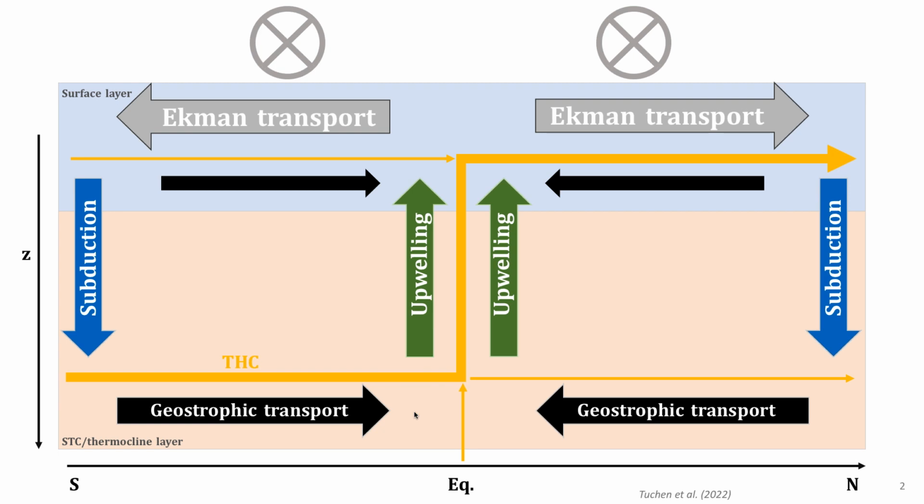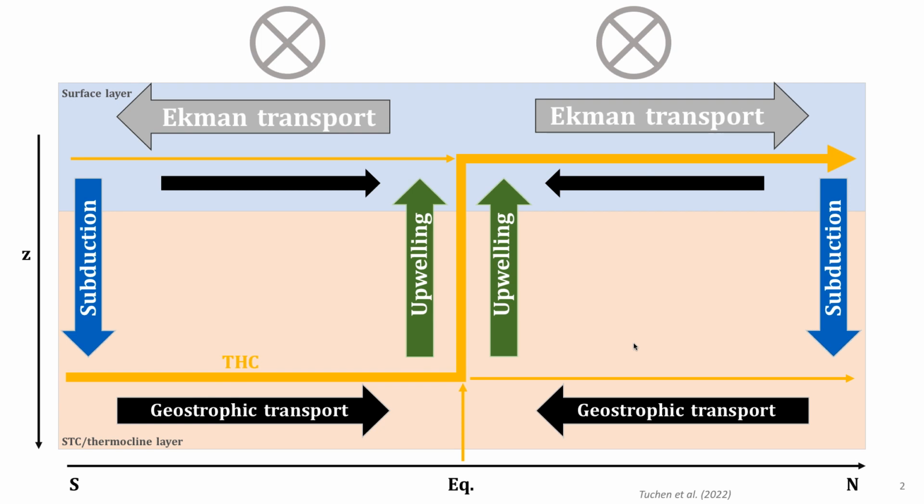One thing that is also becoming obvious from this superposition is that this combination of flows of THC and STCs are supporting each other in the southern hemisphere, so having the same sign. But then in the northern hemisphere, the THC is counteracting the geosteric transports, and this leads to an overall asymmetry of both hemispheres, which I will be showing also in a few slides, but just to show them to you